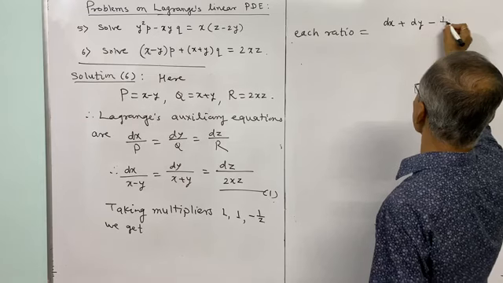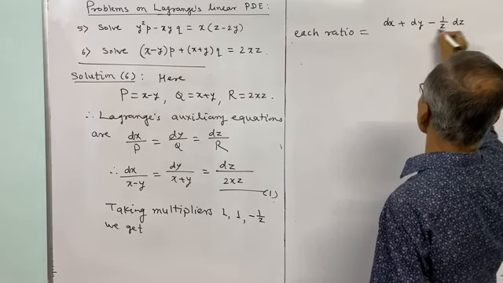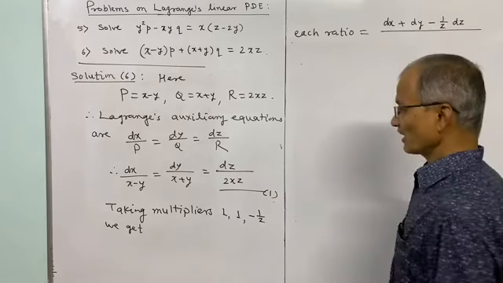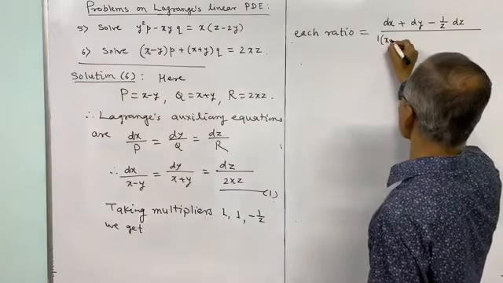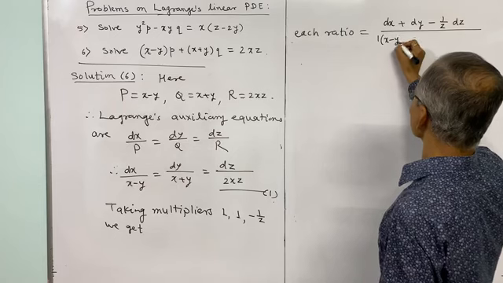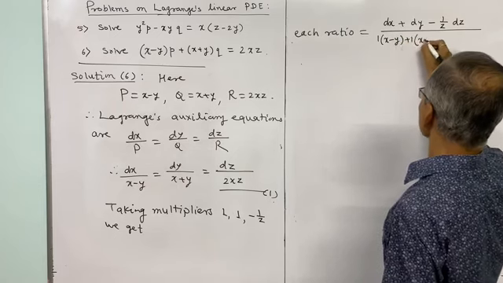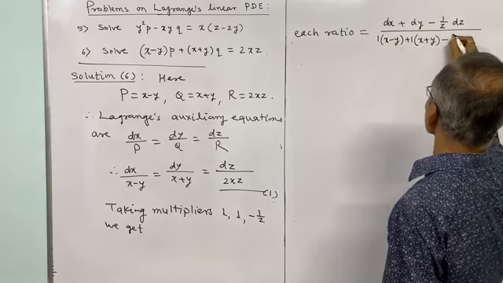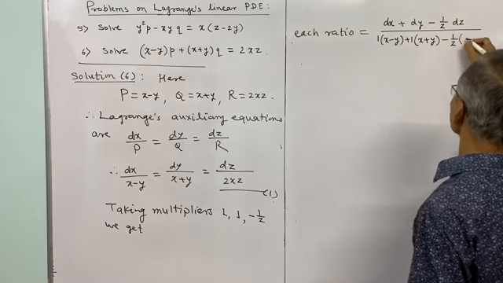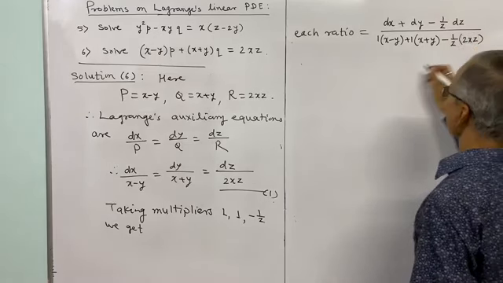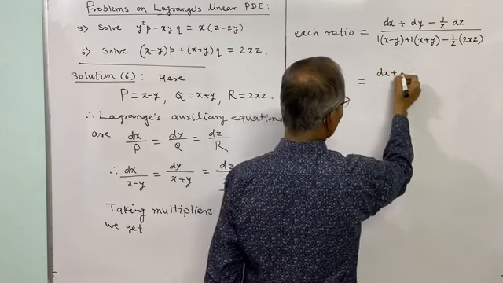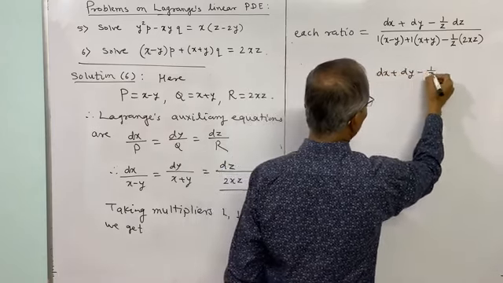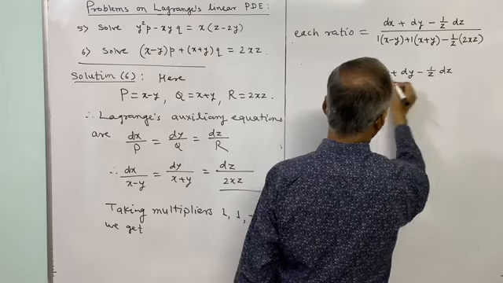And last is multiplied by 1 by z into dz, divided by x plus y, 1 into x plus y, x minus y it is, plus 1 into x plus y, and next minus 1 over z into 2xz, or this is equal to dx plus dy minus 1 upon z dz, divided by